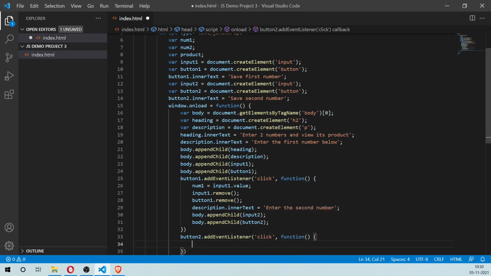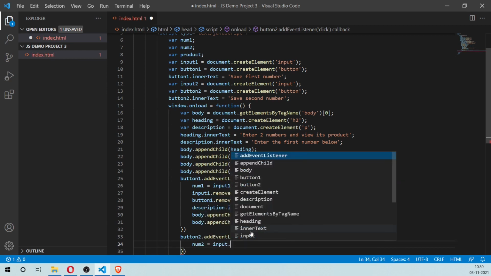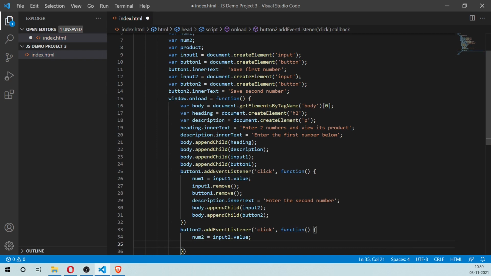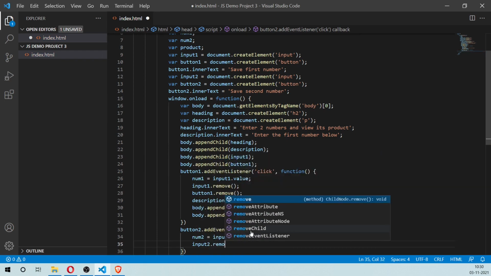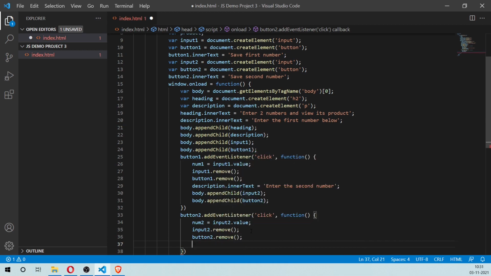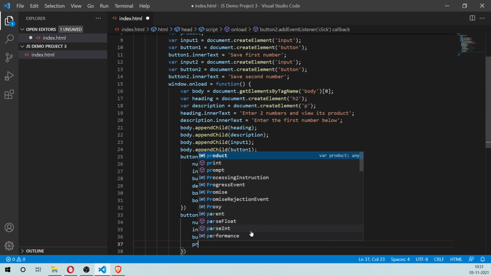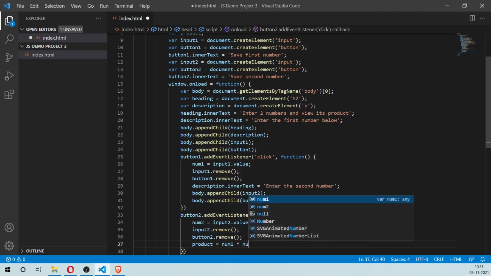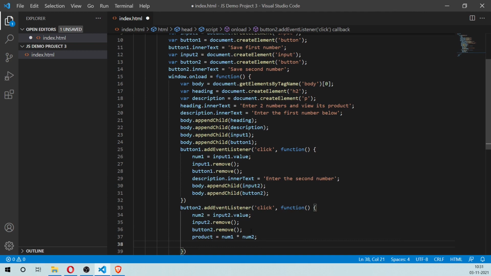and the function will go ahead and store the value of input2 in num2, and we'll also remove input2 and button2, and we'll calculate the product, and then we'll change the description innerText equals the product is product.